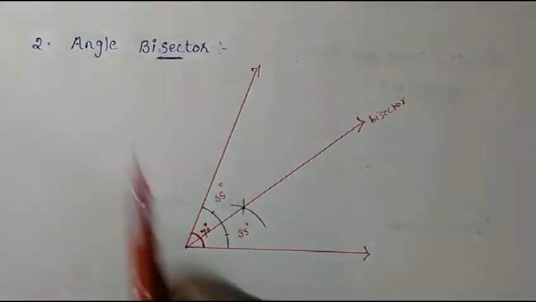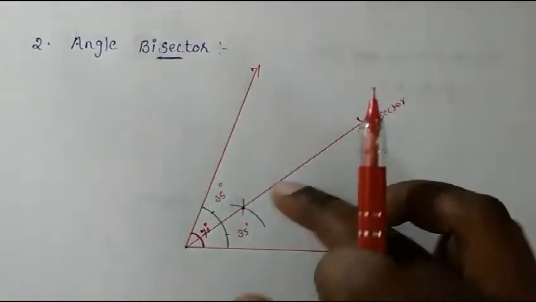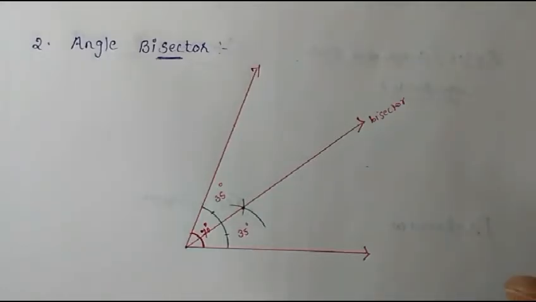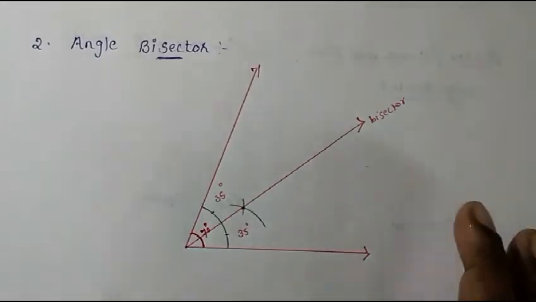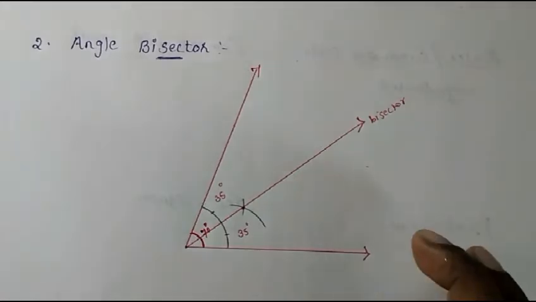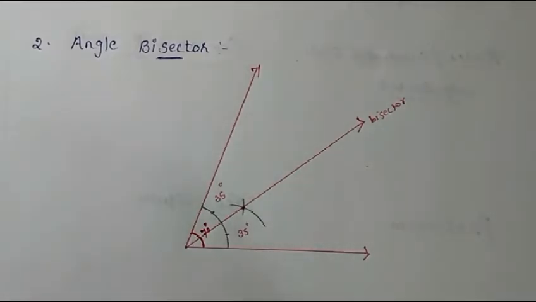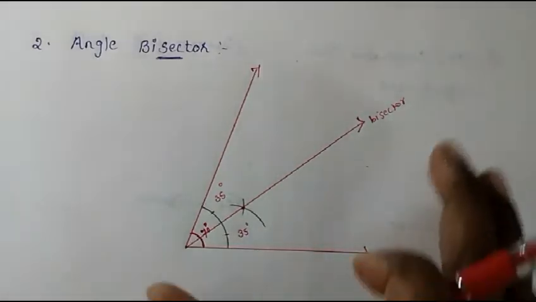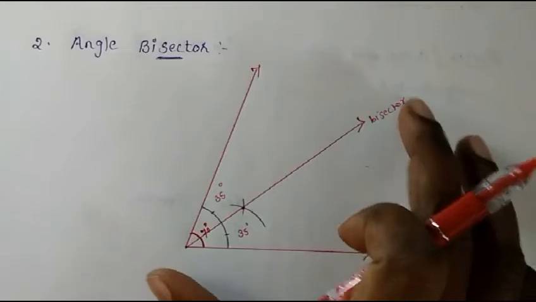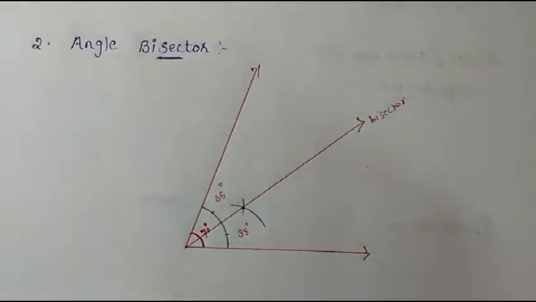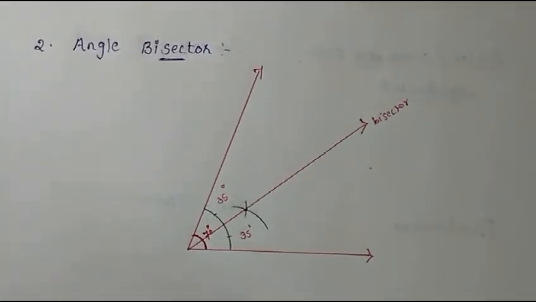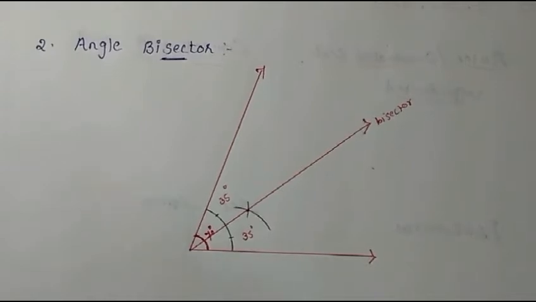Okay, so angle bisector means dividing the angle equally in half without using a protractor. You just have to divide using a ruler and the compass. Only with these two instruments you should be able to divide equally. So this is how you will draw the angle bisector, but you don't need to verify and all. This is for geometry construction. You have to do it like this only. Any angle is there, you just draw a bisector correctly. Now let's go to see the third concept.